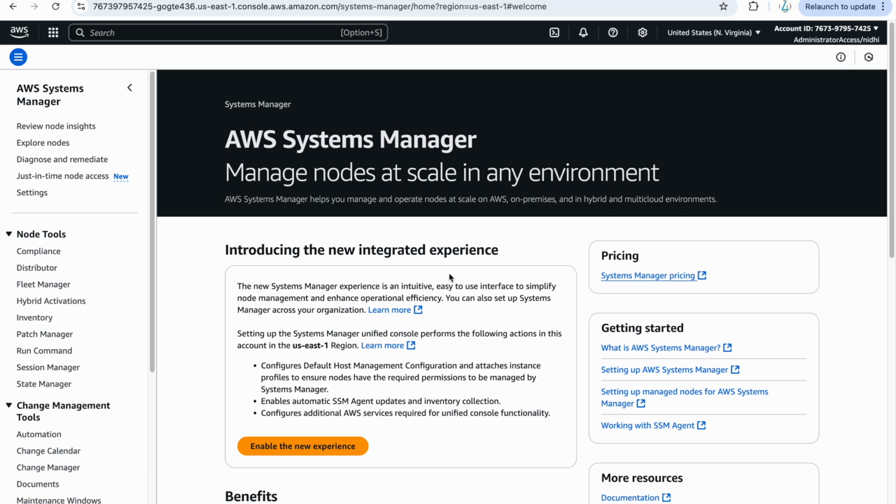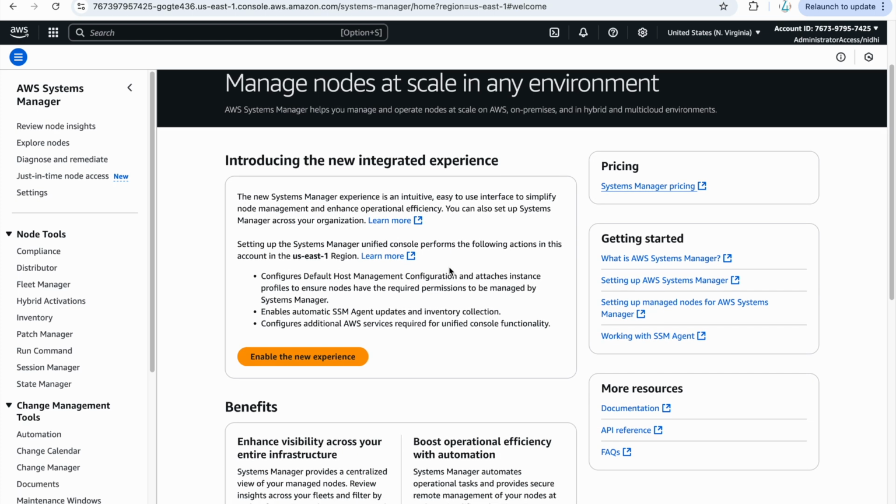And why is it so important? Because in today's world of rapidly evolving security vulnerabilities and CVEs, it is absolutely critical to patch your instances regularly to avoid any security loopholes. But the real challenge is how do you patch running EC2 instances without downtime and in a fully automated way? And that is exactly where AWS System Manager comes in.